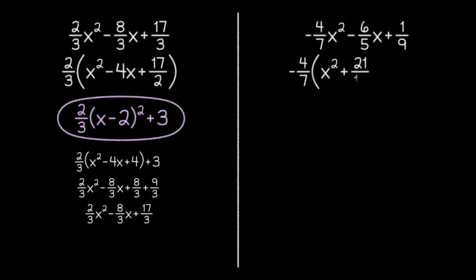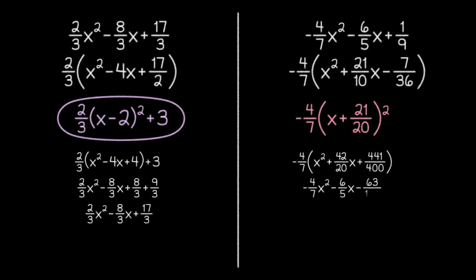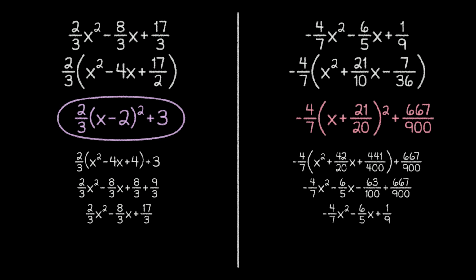For the next problem, however, we won't be so lucky, as you can see here. And while the numbers in this problem might seem a bit excessive, just know that if you can do a problem like this, then you're ready to convert pretty much anything into the vertex form. Regardless of what gets thrown at you, you'll know the processes to follow, the guesses to make, and the simplifications to perform as you convert into the vertex form.